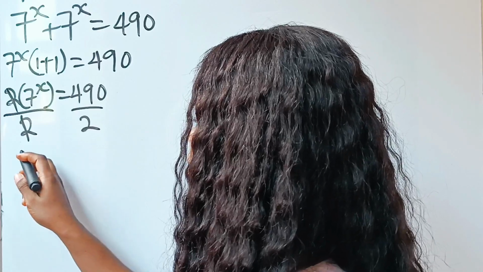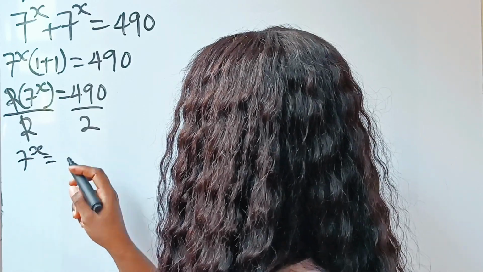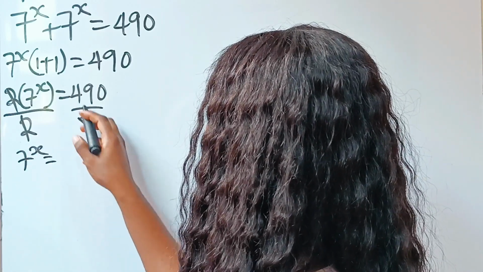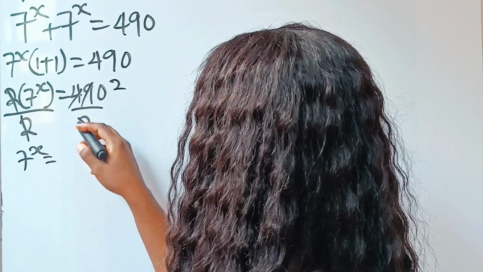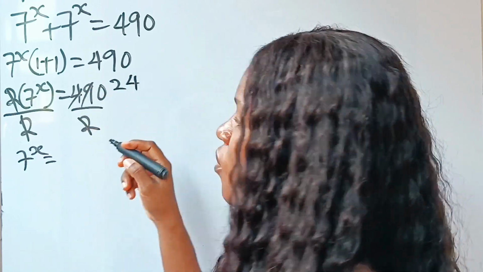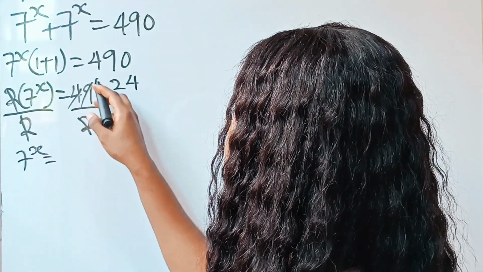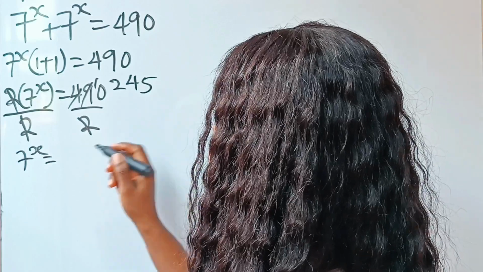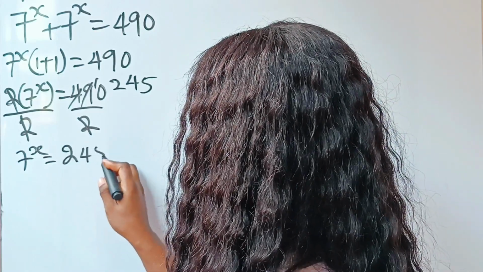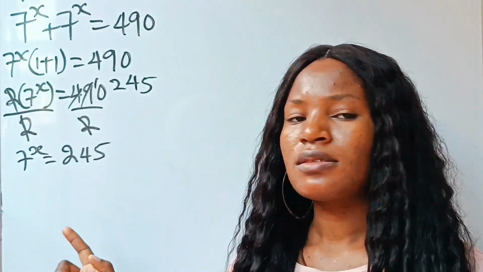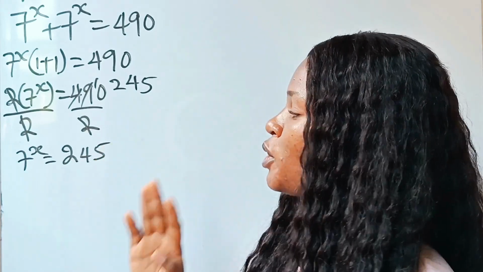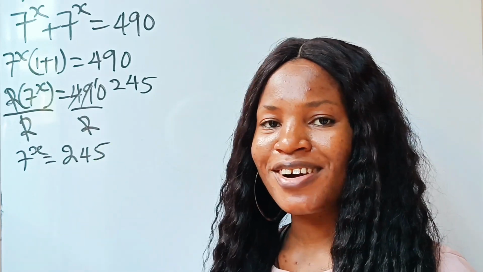So this will cancel this, and we have 7 to the power of x is equal to, when 2 divides 4, we have 2. If we divide 9, we have 4 remainder 1, right? If we divide 10, we have 5. So this is 245. All right, now at this point, the only option we have is to introduce our log to both sides